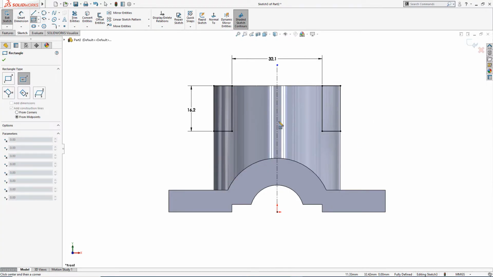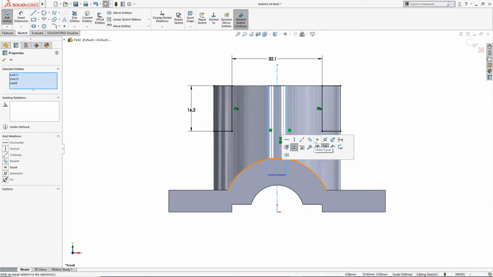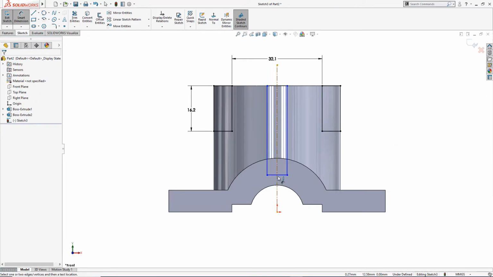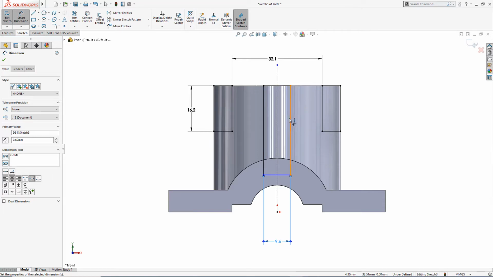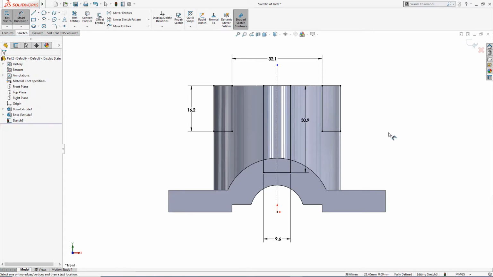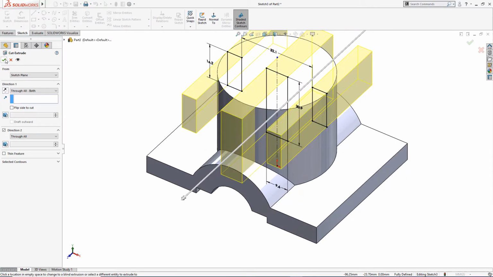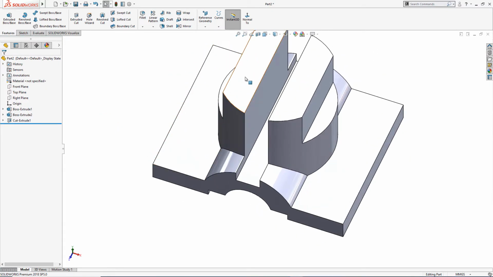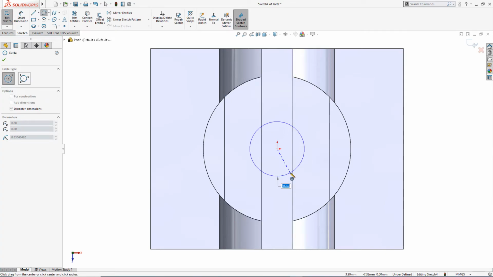I will draw another rectangle for the central cut, and I'll make sure this is symmetrical, and the width of this is 9.6 millimeter, and the height is 30.9 millimeter. The sketch is fully defined. I will cut it through both directions like so. This is done. I will draw a sketch here, a circle of 19.2 millimeter